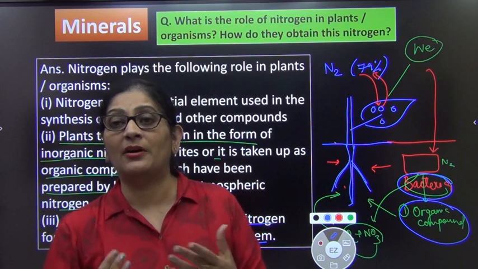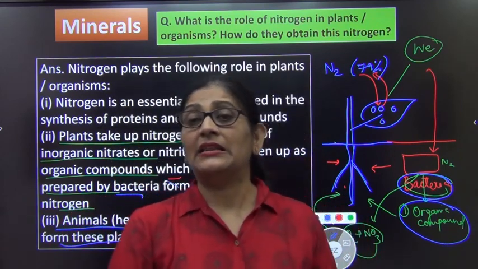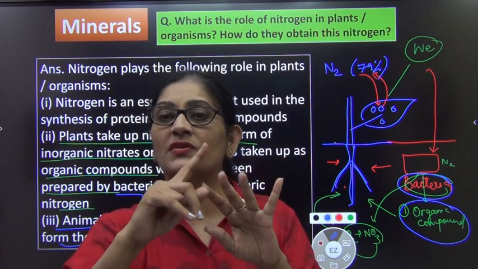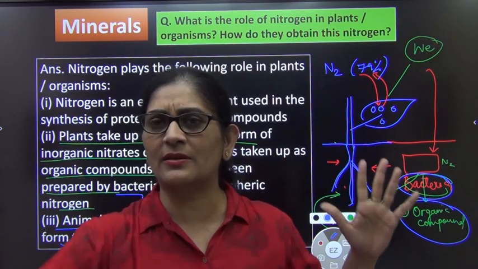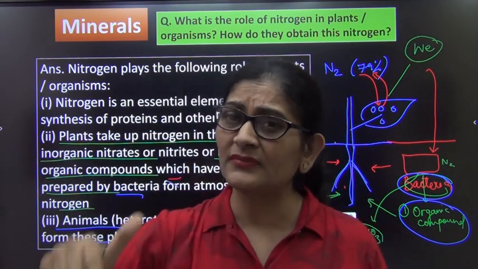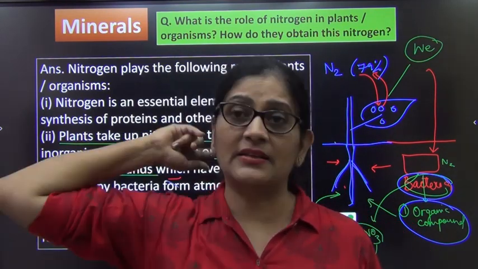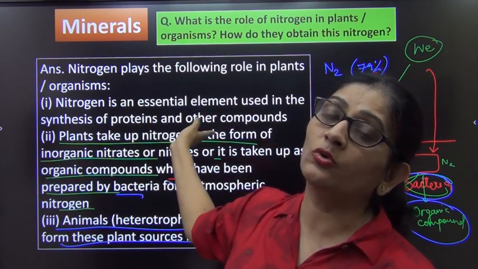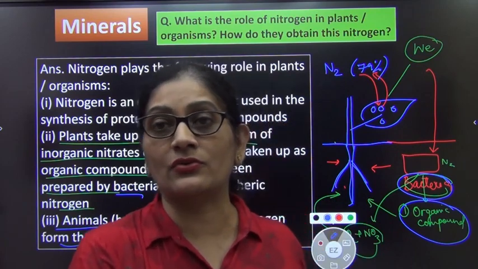Then we came to know about other requirements, that is easy. Then we came to minerals. What are the four main important minerals? Nitrogen, phosphorus, iron, and I think one was calcium or something like that. Just see that. And then we had this function of nitrogen. I told you this is the last slide that we are seeing. What are the functions? Protein, and how do plants take nitrogen and animals take nitrogen, right?